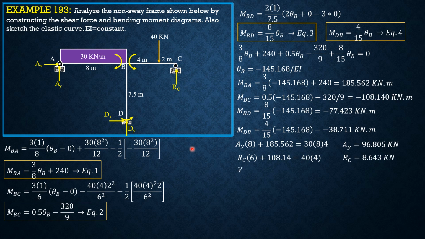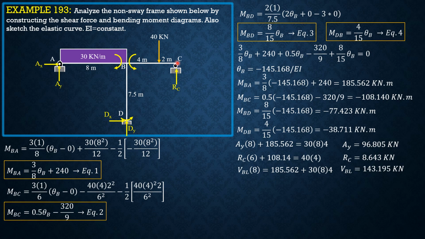8.643 kilonewtons. Then shear at B just to the left times 8, considering AB, equals moment VA, which is 185.562, plus moment of the load 30 times 8 times 4. So shear at B just to the left is equal to 140.195, while shear at B just to the right,